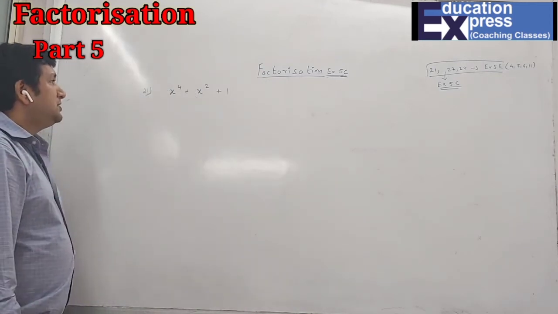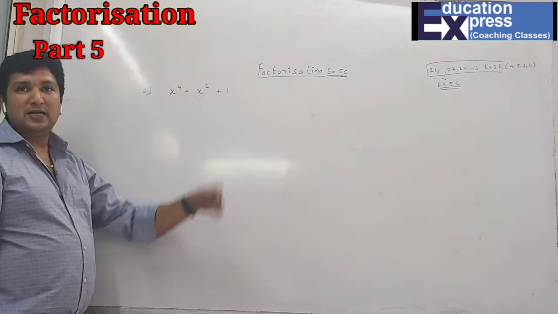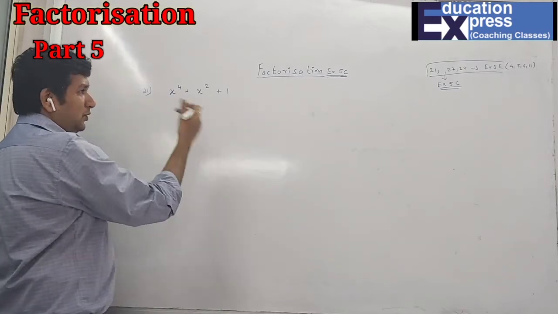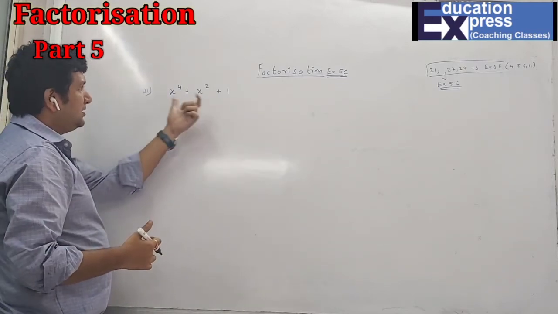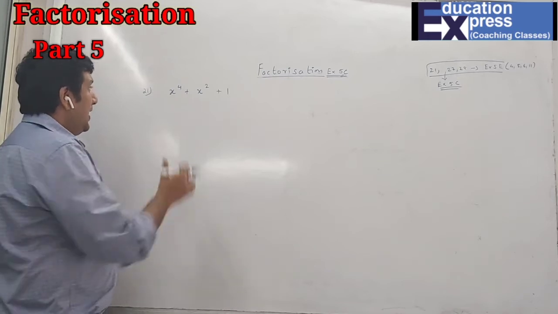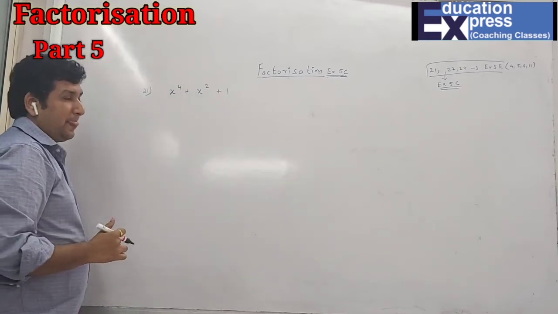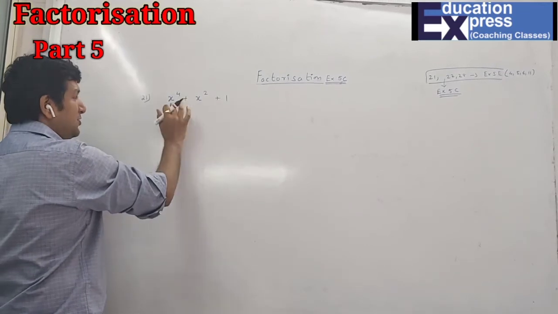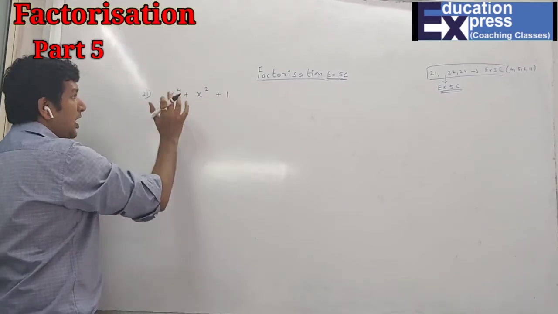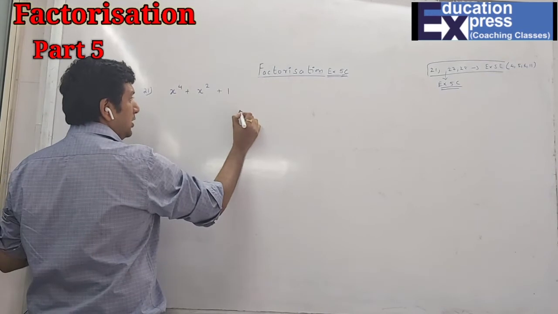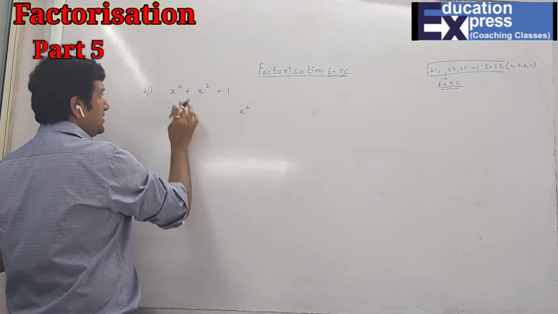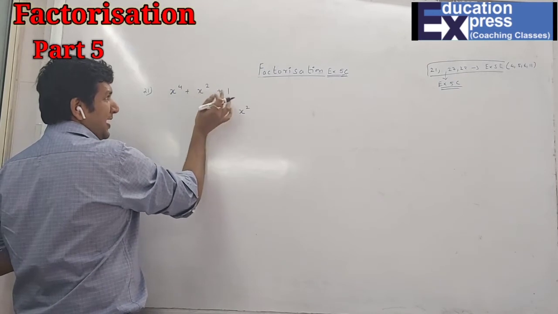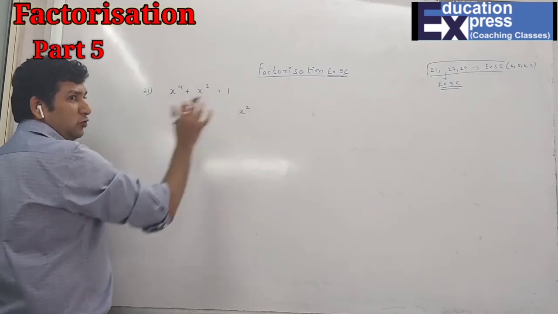So now here you will see that each and every number has a square. Now how will you come to know which numbers you have to take and how you factorize this? Over here we have a square of each and every term. Out of this I have to take two terms. Let us say the square root of x⁴ is x², and the square root of 1 is 1. So which two terms do I have to take?